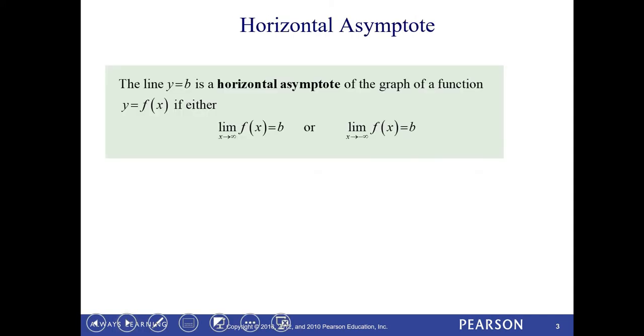So, horizontal asymptote, this is our limit. The line y equals b is a horizontal asymptote of the graph of a function, y equals f of x, if either the limit as we approach infinity is b, or the limit as we approach negative infinity is b. In other words,